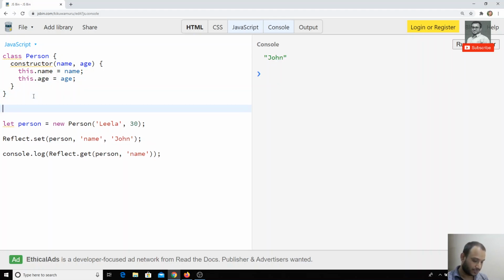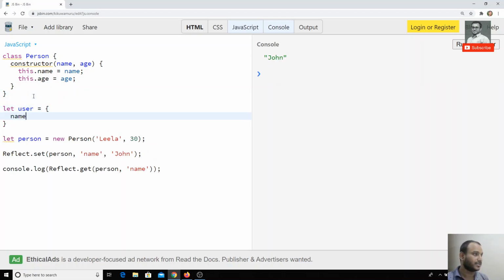Now I have an object, let's assume user, and this has a name of Jim. Okay, this is an object. Now I want to get the person and name, and I will give user. Let's check what the output could be. If I get this, we got John only.